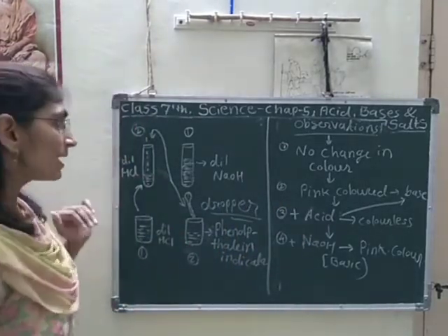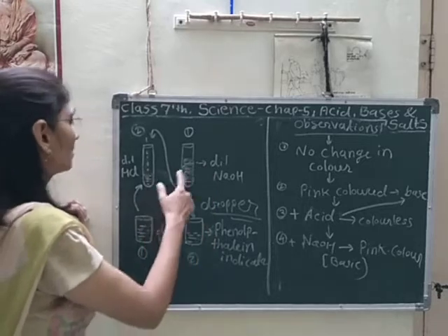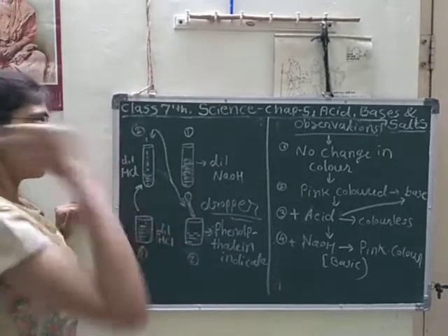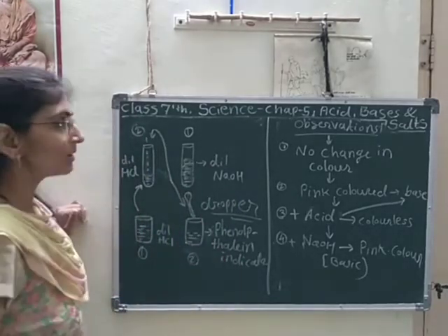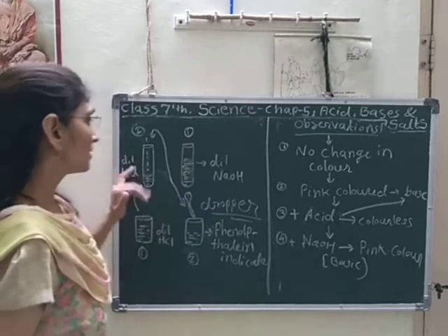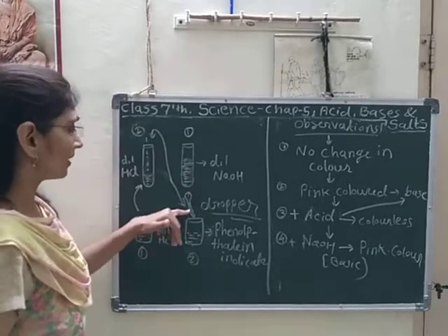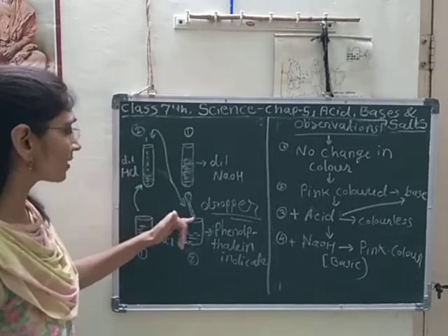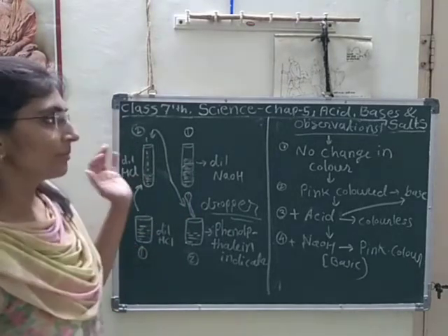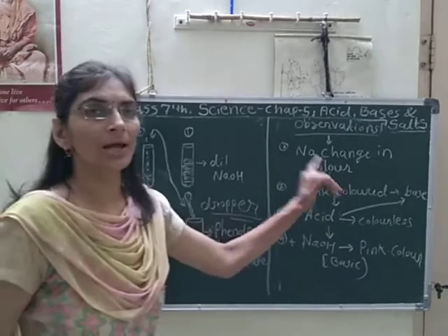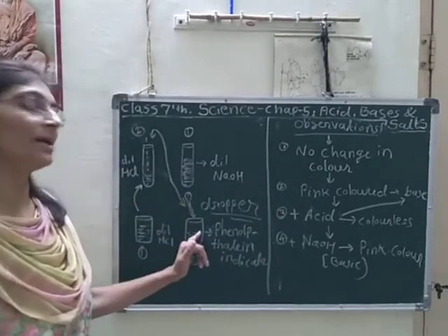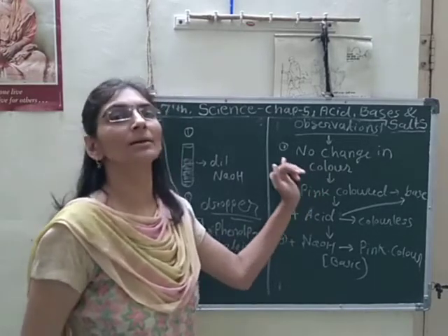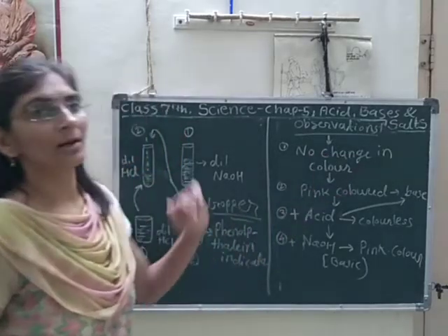Yes, I will repeat this. We have taken here dilute HCl in one test tube, in another test tube dilute NaOH. Again I have taken here phenolphthalein indicator. In first step, there is addition of phenolphthalein indicator in the acid solution, drop by drop. Yes, but there will be no change in color. As with acid, phenolphthalein indicator will remain as it is. As per that property, it will remain colorless here.